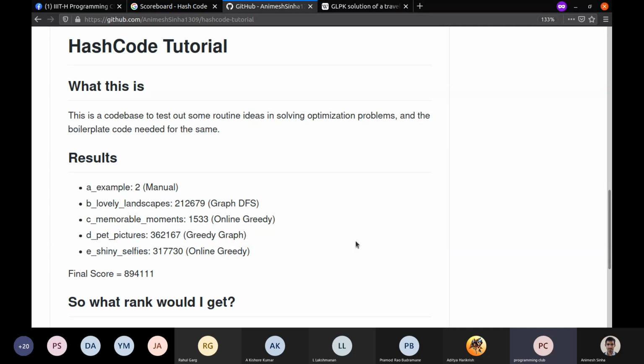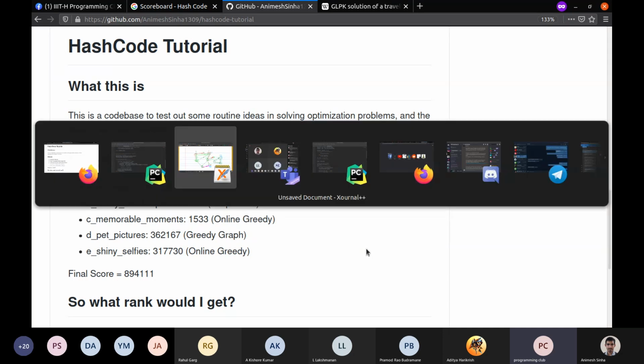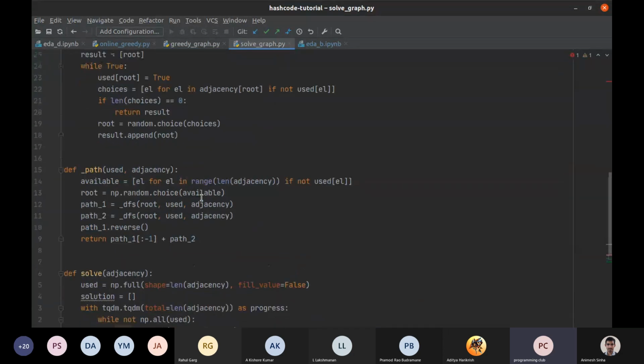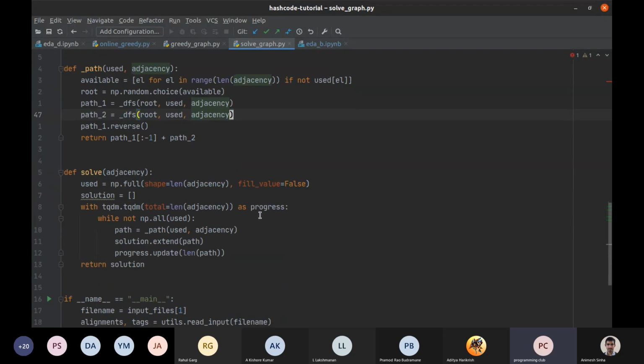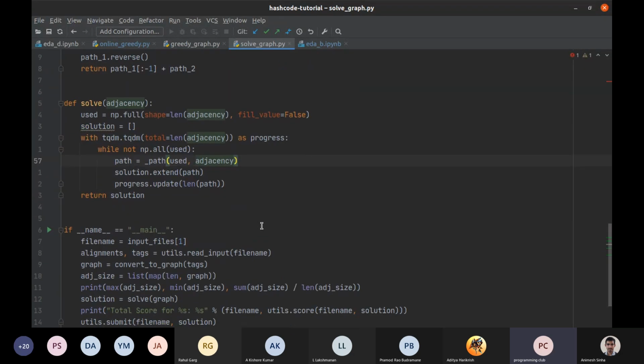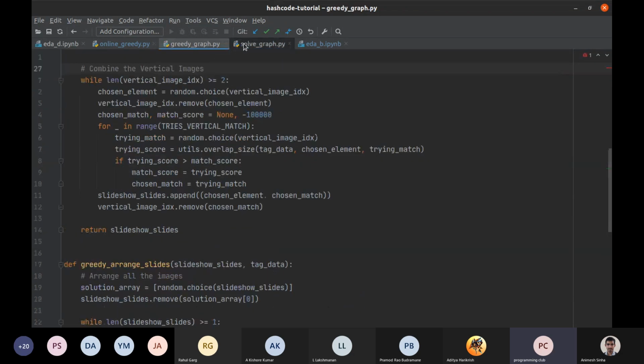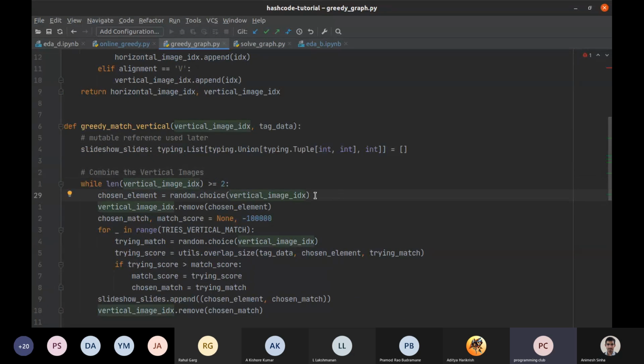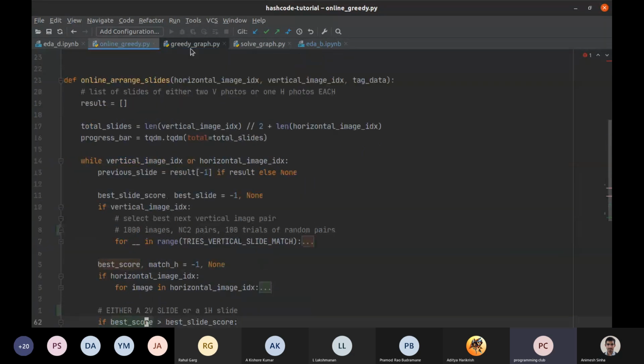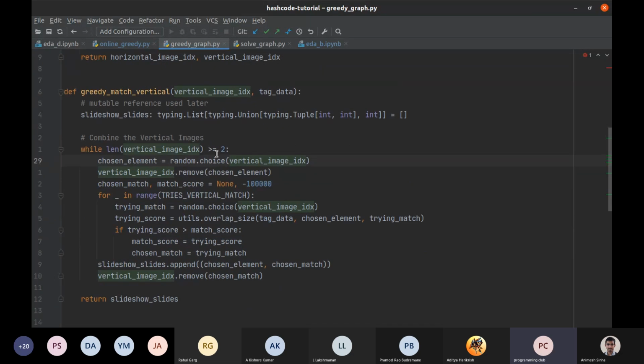No need to get super fancy with TSP and everything. Of course we read the blogs and all that, but that's the point, we're doing the hard work for you. With enough practice, you should be able to come up with these things on your own. Particularly this graph DFS, which solves the TSP problem crudely, is something you will not find anywhere. It's such a bad way to solve TSP but it still gets the job done, right? This greedy graph is the most primitive approach that gets the job done. You won't find this anywhere. Similarly, online greedy is a very small variation on this greedy part.